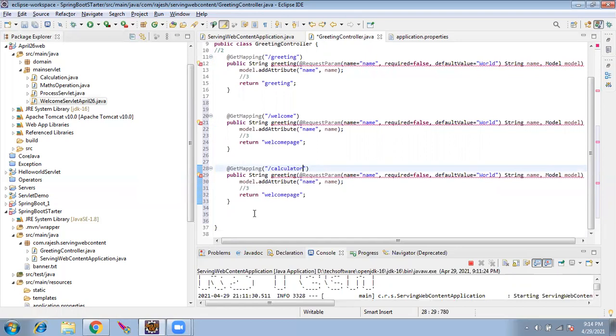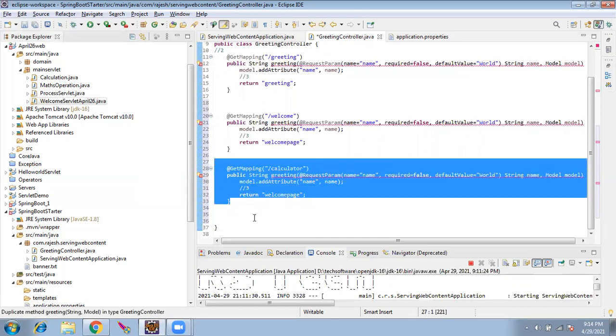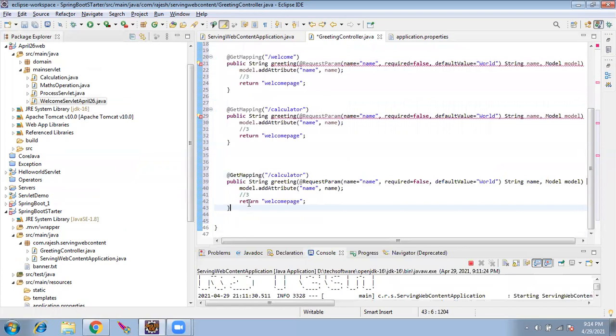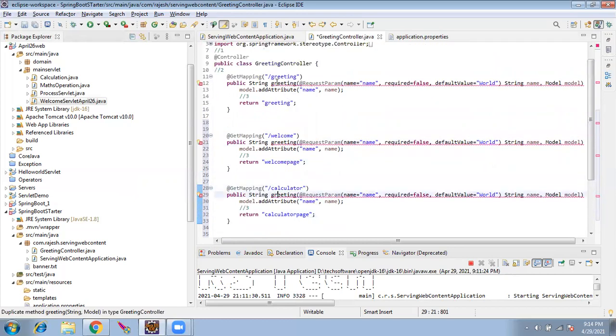calculator, and one more URL as process, where it has to go to the process page. This has to go to the calculator page. The method name has to be different.